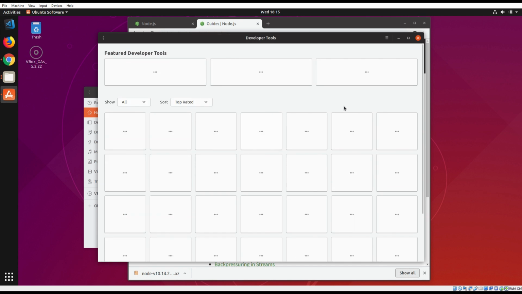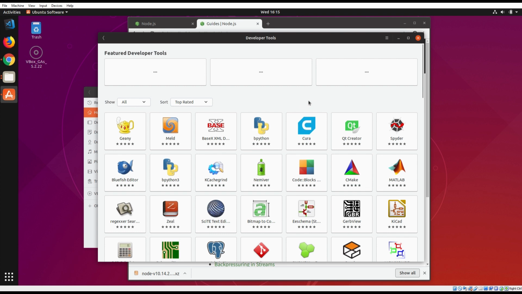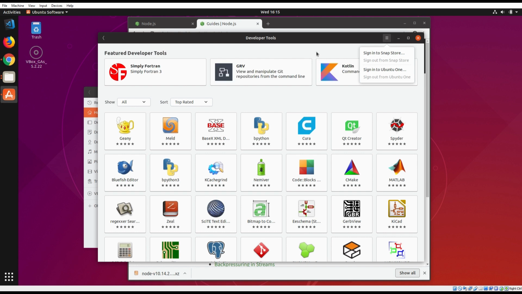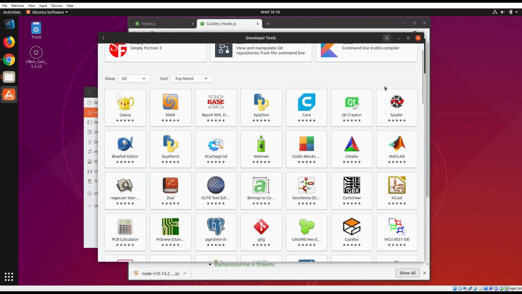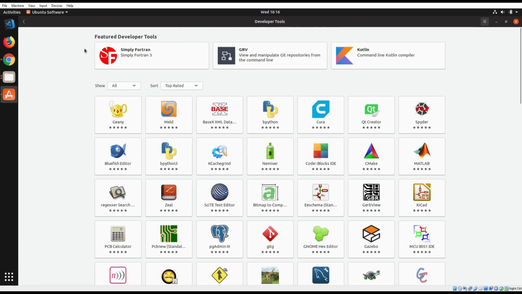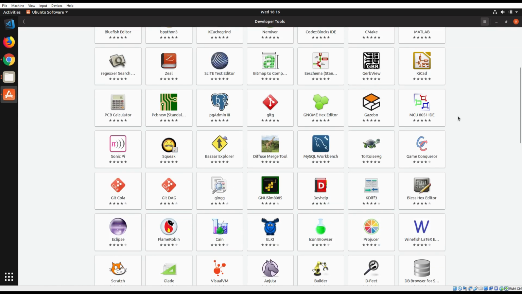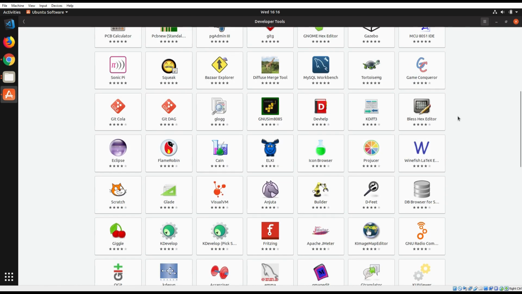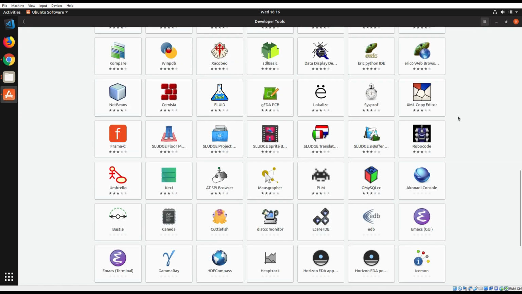Python, blah, blah, blah. Give me the search. Why doesn't it have a search thing available? Why isn't it alphabetical? This is not a good interface. I already got that installed. I mean, it looks cool and all, but